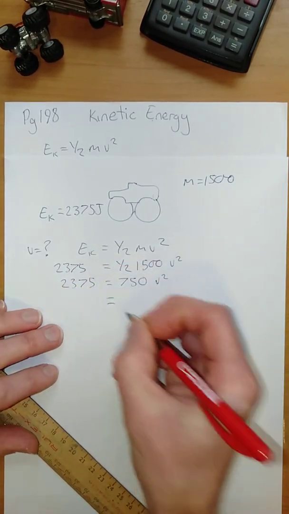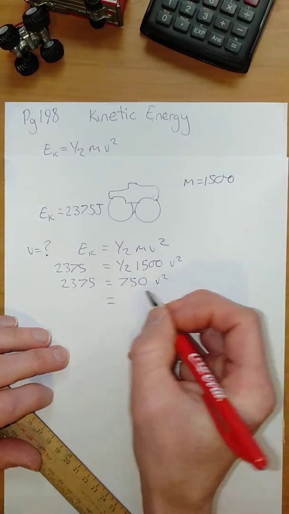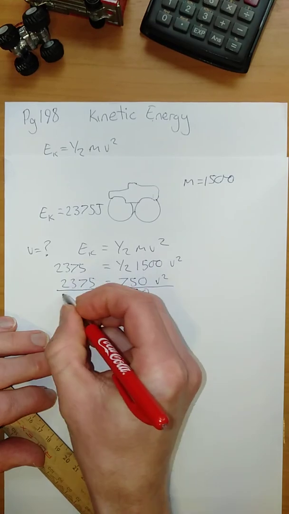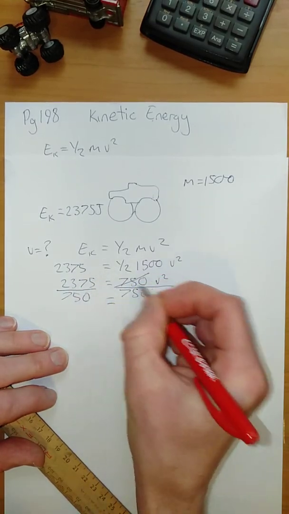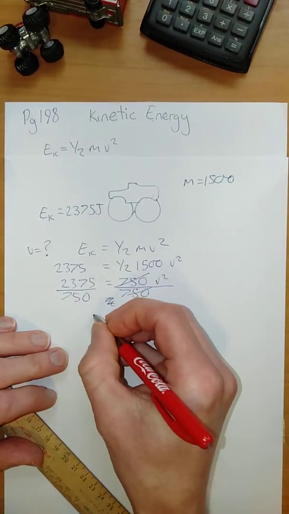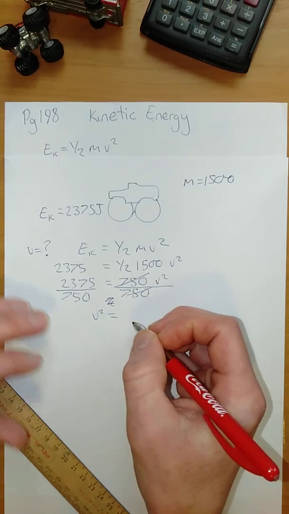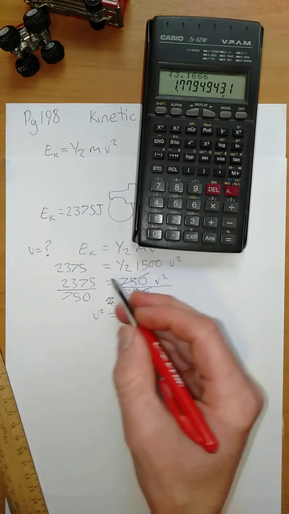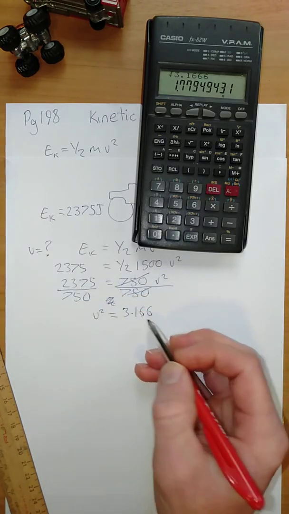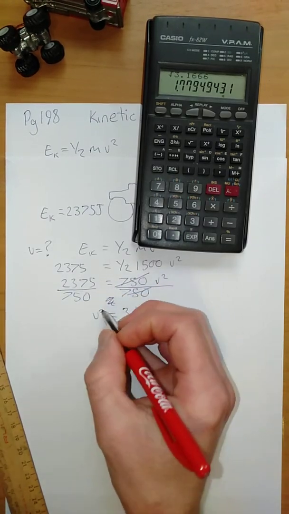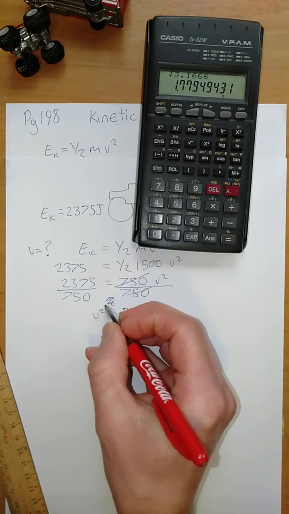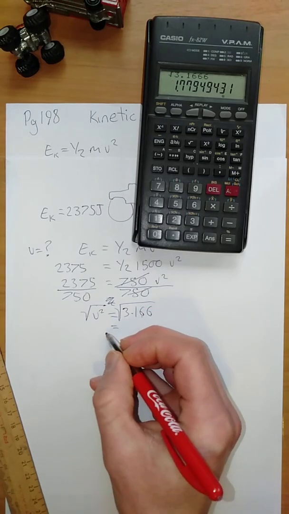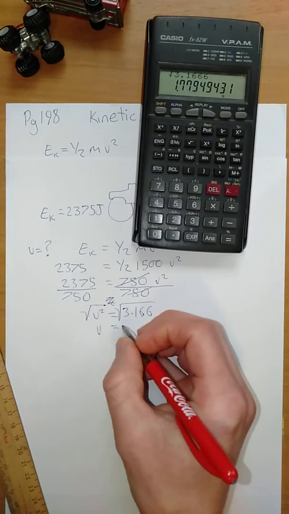2375. Now to make v squared the subject, we've got to divide both sides by 750. These ones get to cancel out. That leaves us with v squared will be equal to, and do this division and it gets put down here, and you'll see that we now need to get rid of the squared here. So square rooting that side and square rooting that side, gives us v is equal to